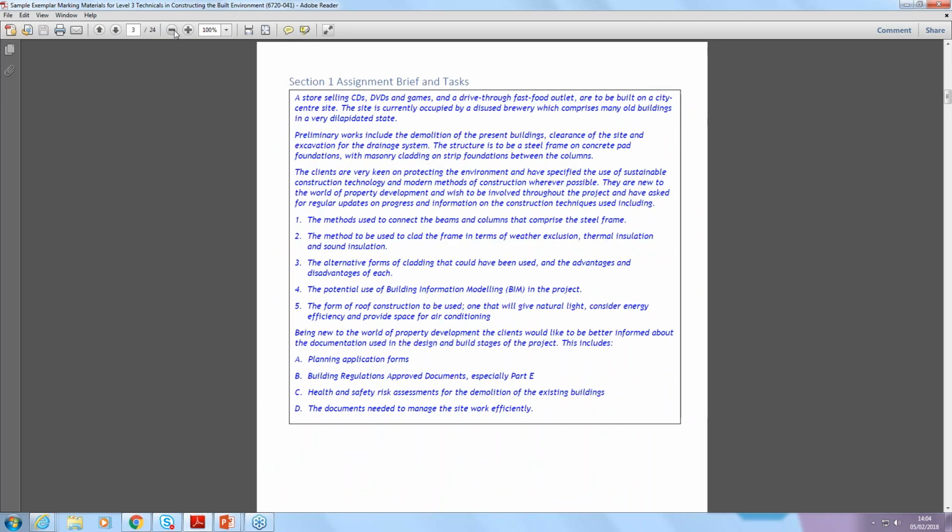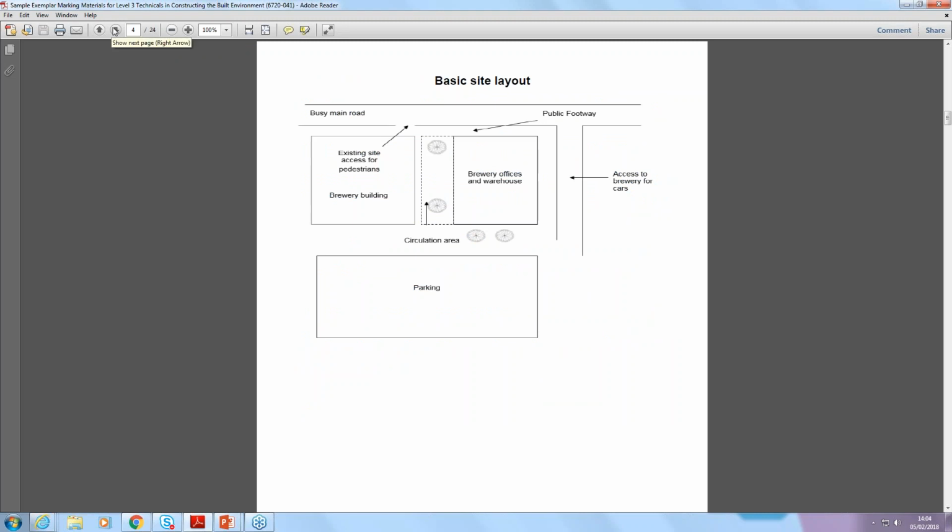It's worth underlining at this point, Julian, that these are a series of tasks from last year's synoptic assessment rather than this year. So please don't get confused about that. The synoptic materials from this year are on the website, but these are examples of tasks from last year. That's right, yeah. But the documents that we move on to later on will be this year's, and including the newer documents. So if we go into the assignment,